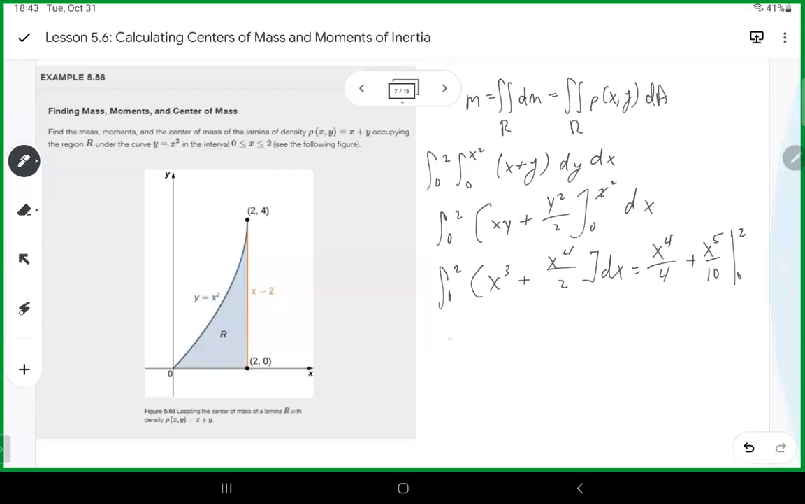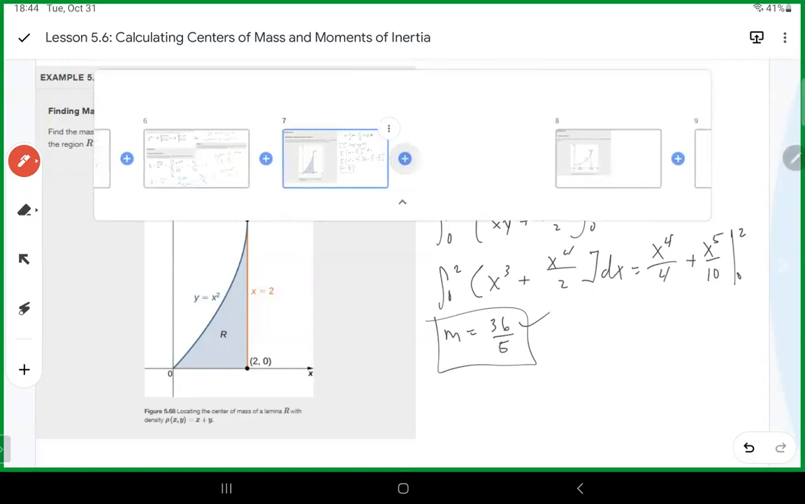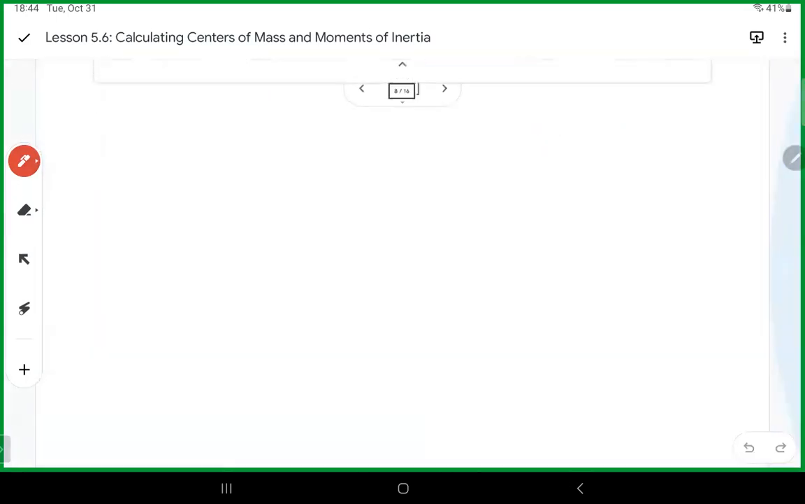So we're going to end up with m equal to 36 over 5. So that's the first part of it. Then we also need to compute the moments, which I think I'm just going to do on a new slide. And then hopefully that'll be it for the extra slide. So we'll have m sub x